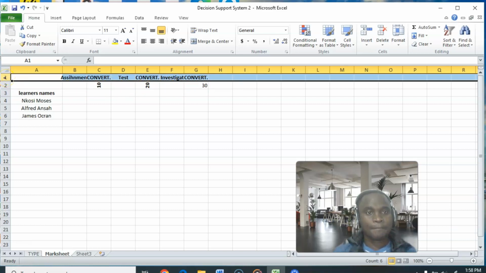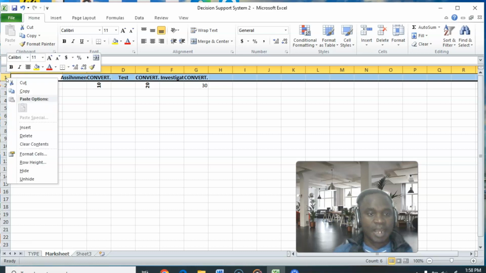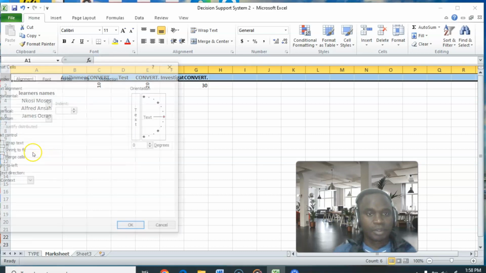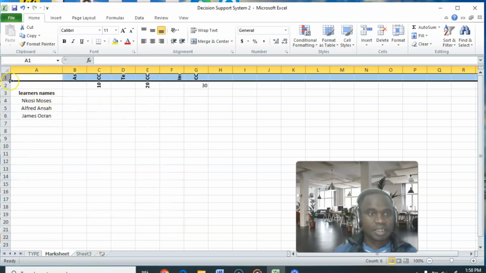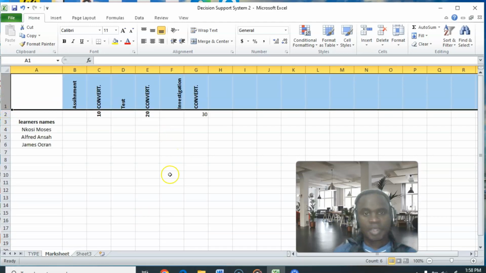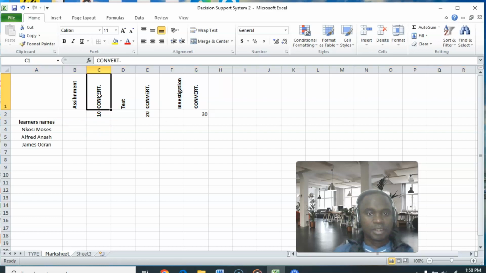So here, let me align this. So if I align this and make it a little bit bigger. Okay, so we have the assignment is visible now. We have the assignment converted to 10%, and this can make it